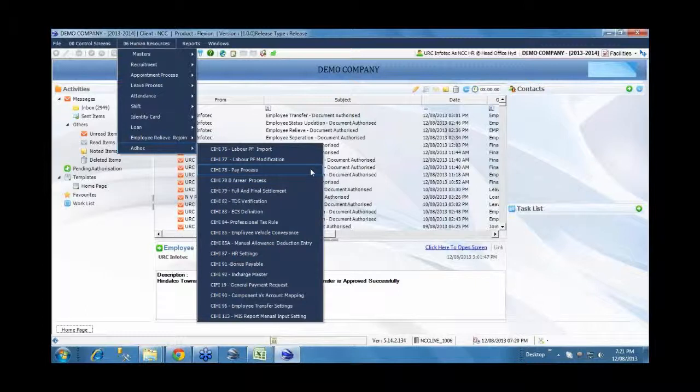Apart from it, we have various provisions for importing certain information, for example capturing in time and out time. We can integrate with the time office. We have a time office management module also, or if there are any devices, either an ID card reader, a fingerprint device or a punch card system, we can integrate with those and capture those details into the system.